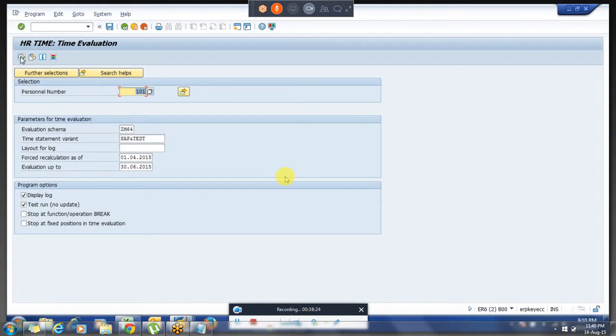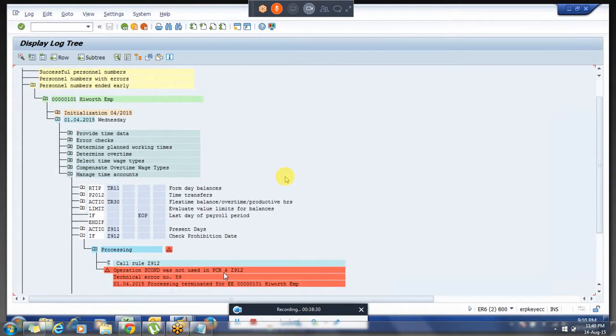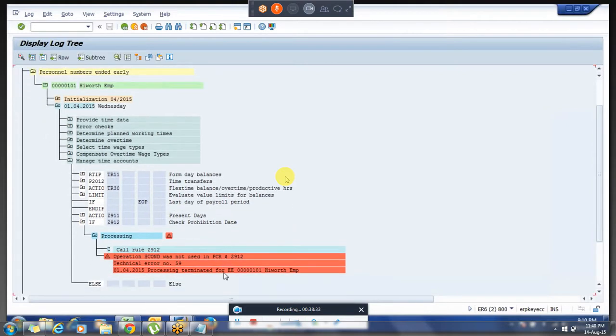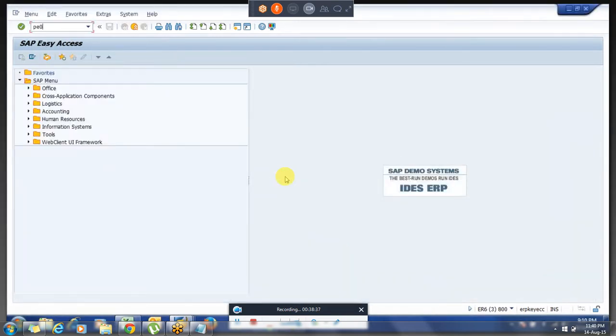So I am running again. We didn't give any values, that is why. Okay, this means we have given. So we have to do a bit more for that.